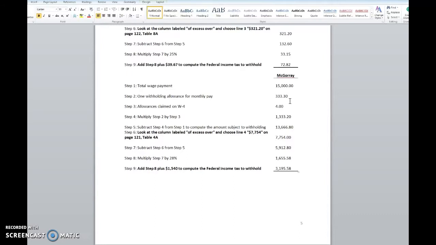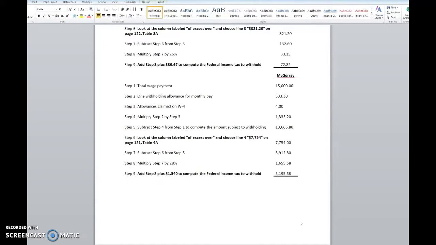So we're going to get $1,033.30 plus $1,333.20. We're going to subtract that from $15,000. We get $13,666.80. Subtract step 4 from step 1, which we did, and then we need to look at the column in excess over and choose line 4, which is going to give us $7,754. We're going to subtract that from step 5,